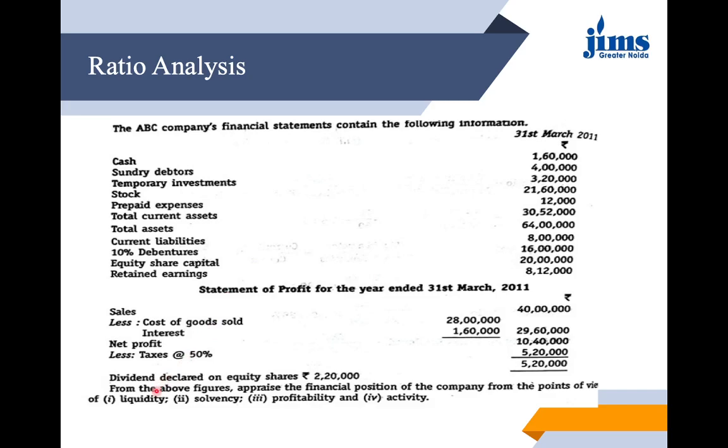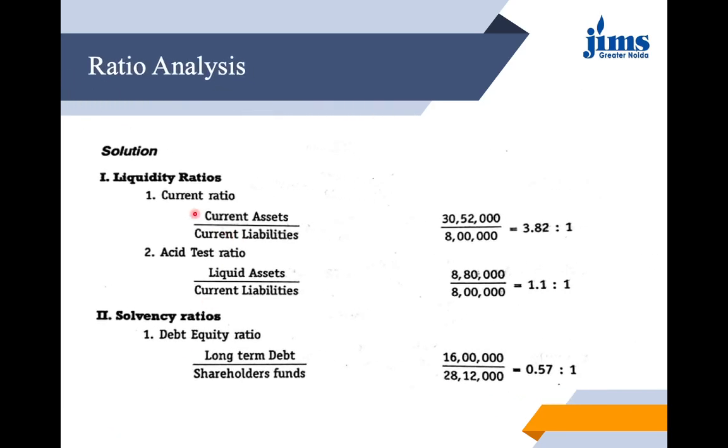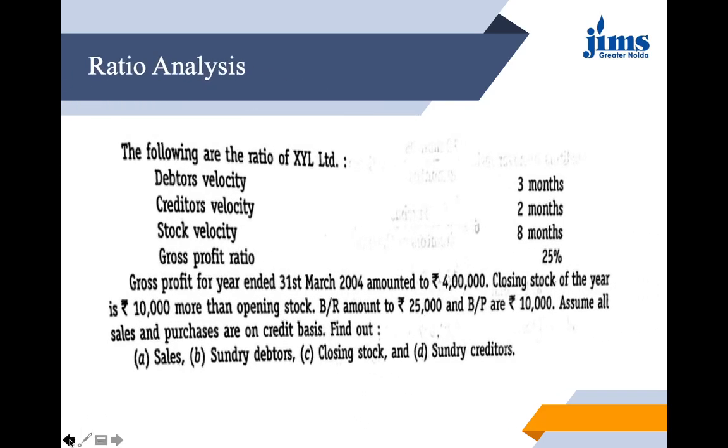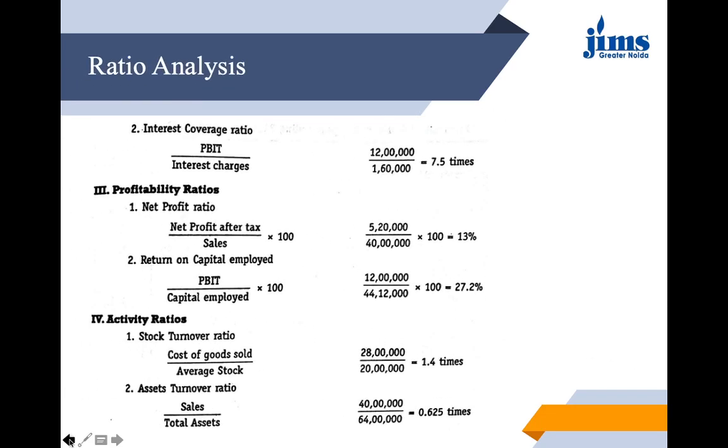This is actually a good question. Then let us see. For liquidity you will be calculating your current ratio and quick ratio. Then for solvency we will be calculating debt equity ratio. There are many, but we will be calculating the main important ones. For solvency, debt equity ratio and interest coverage ratio would be enough. For profitability, NPR, there is no need to calculate GPR if you are calculating NPR, and return on capital employed. These two are important. And for activity ratios, stock turnover and assets turnover are actually important. So let us see how to calculate all of these ratios one by one.